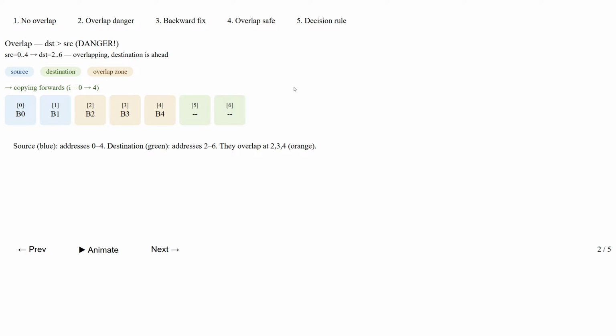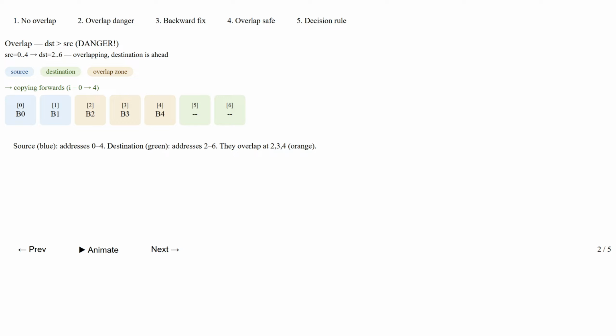Now just think, if you start copying as we did in the previous test case, in the no overlap case, if you just directly copy the value of 0 to 2, then you copy the value of 1, then it would be like you copied the value of 1, 2, 3. Now if you copy this B2 to 5, and the third copy would be B3 would be copied to